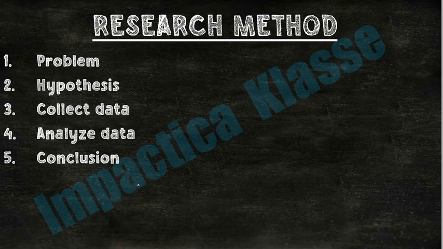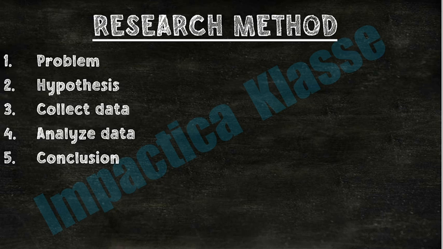So let's start the chapter. First we will understand research method. Research method is any process which helps us in the process of doing research. I explained this in detail in part 1, but we will do it from the basics in this one also, so there is no problem in understanding the differences. Any method which we apply that will help us in our research is known as a research method.